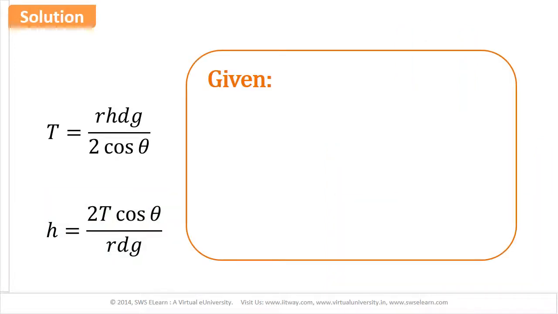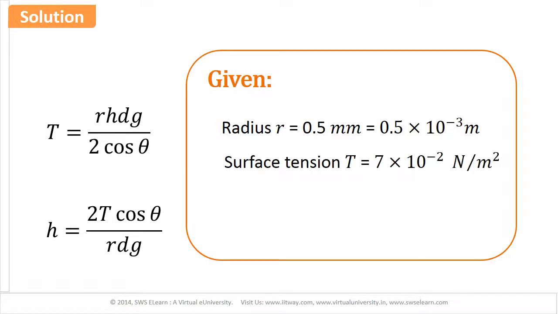The values given in the problem are: radius R = 0.5 millimeter, which is equal to 0.5 × 10^-3 meter. Surface tension T = 7 × 10^-2 Newton per meter. Assuming the density of water and the angle of contact as D = 1000 kg per meter cube and θ = 0 degree,